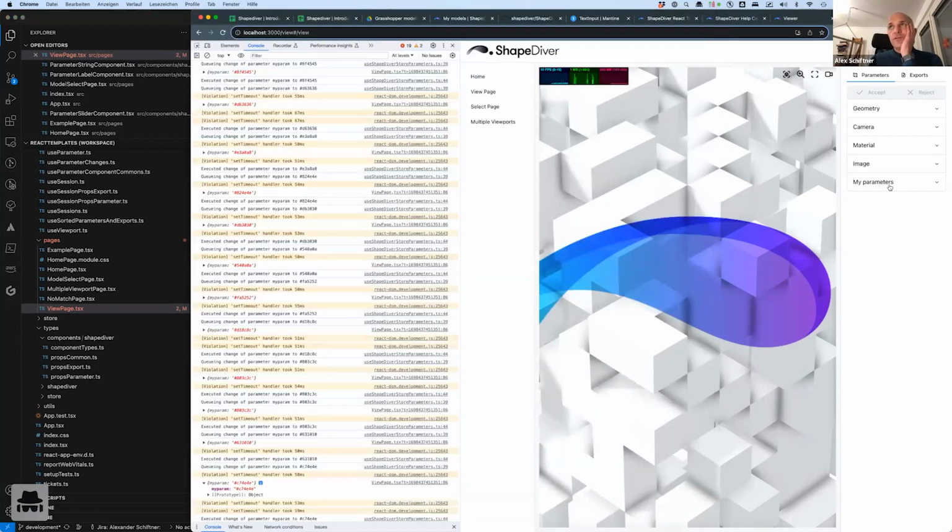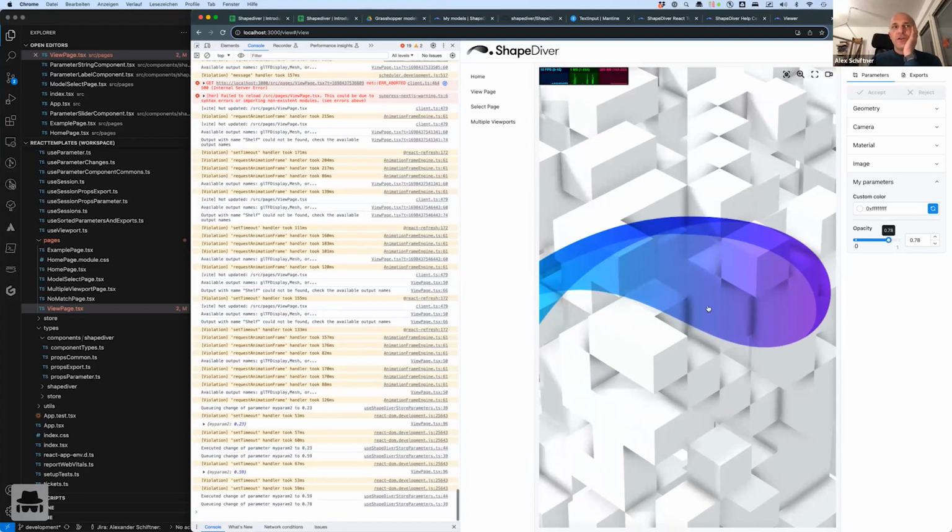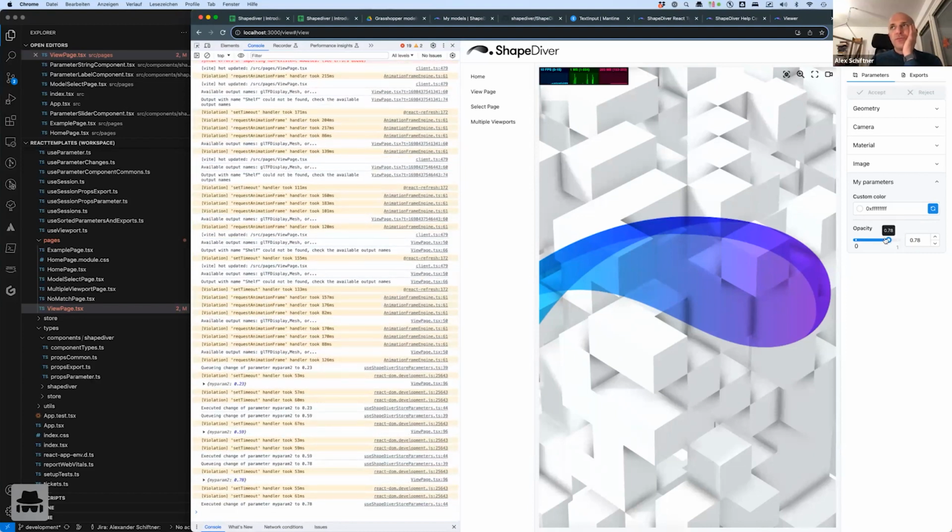Now, we get this slider here. Opacity takes values between 0 and 1, and our executor gets called the way we want